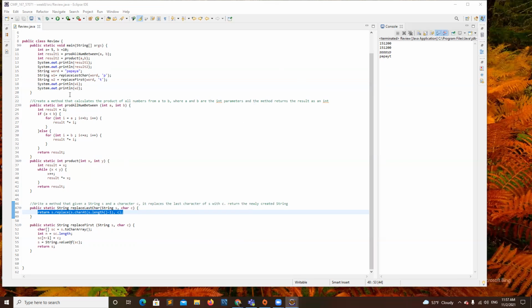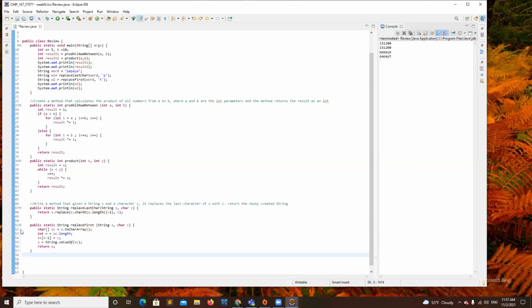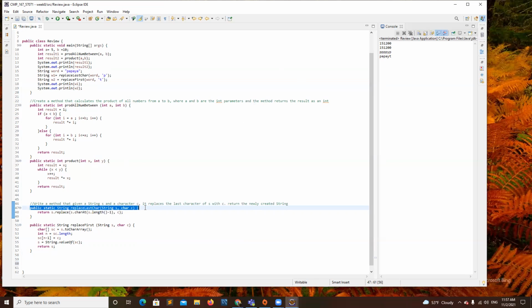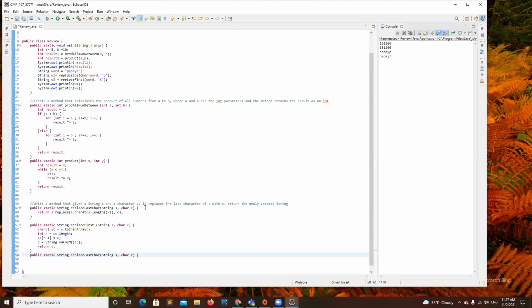So there are different ways to do this. Let me just go ahead and copy this in the top. And I'm going to just call this replace last.